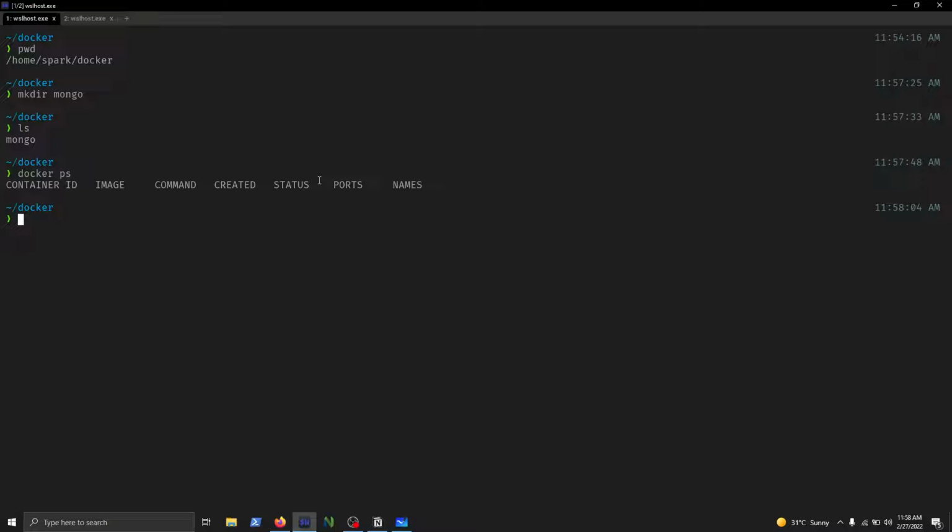Now what I can do is also see ls. If I just ls mongo, there is nothing inside that folder at the moment. Okay, now if I run the container